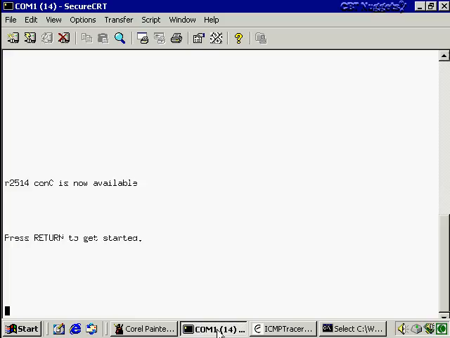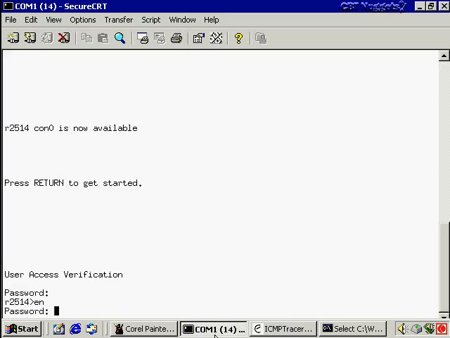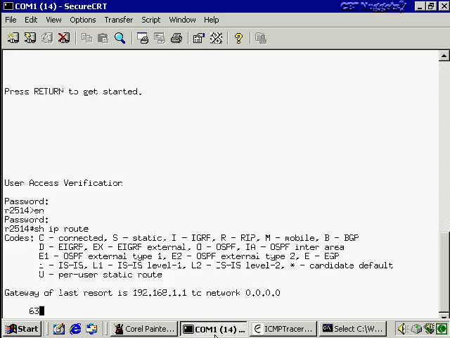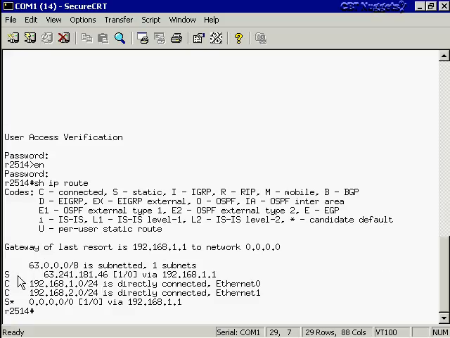Enable, get into the privilege mode. Then we're going to use the show IP route command, and we'll see our routes. What we see here is a static route to 63.241.181.46. That's the cbtnuggets.com DNS server I had. That's why the first redirect was a host redirect. I had a route in here that was specific to that host. All 4 octets were specific, and I told it to go to